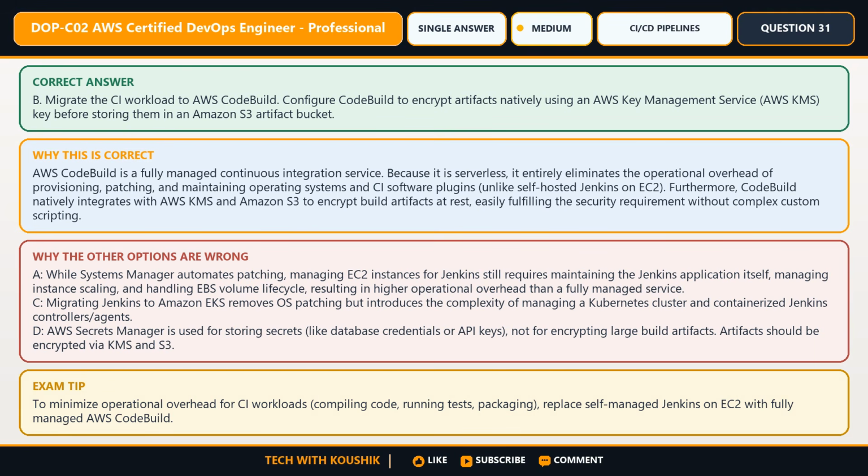The remaining options can be eliminated because of the following. A. While Systems Manager automates patching, managing EC2 instances for Jenkins still requires maintaining the Jenkins application itself, managing instance scaling, and handling EBS volume lifecycle, resulting in higher operational overhead than a fully managed service. C. Migrating Jenkins to Amazon EKS removes OS patching but introduces the complexity of managing a Kubernetes cluster and containerized Jenkins